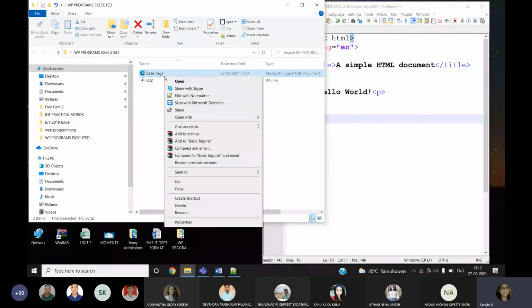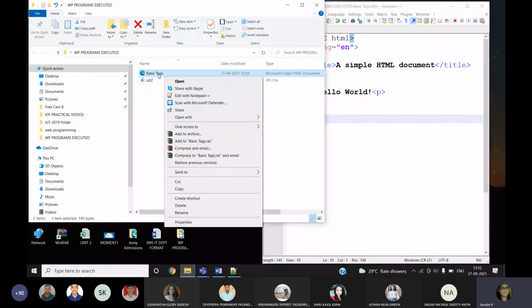So I have to select the browser, but inside the browser, what should be displayed is my program. I am right clicking on it and going to open with. Open with submenu.